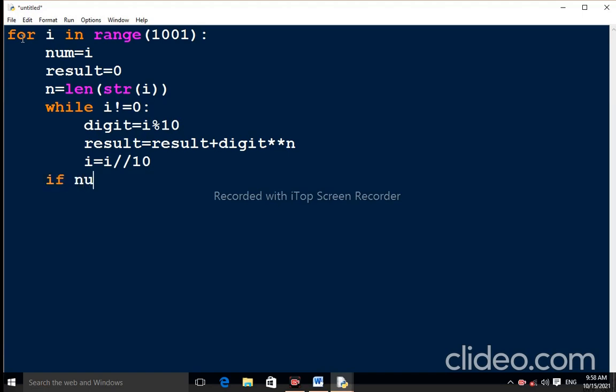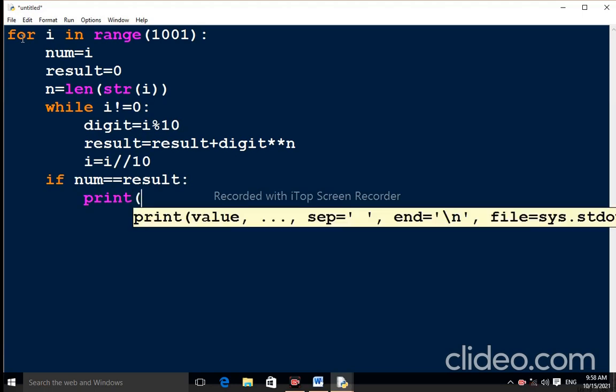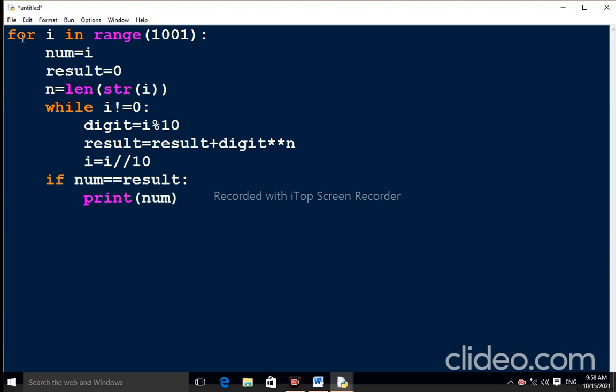If num is equal to result colon, print num. That's all. Save the program,